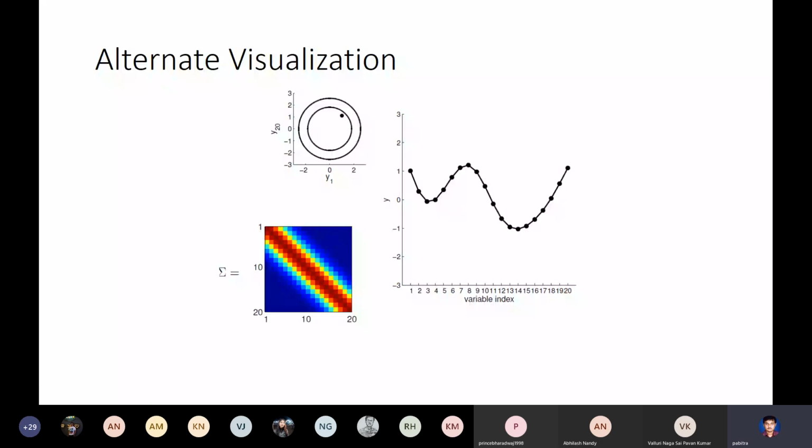Hypothetically, this need not be the real case. Suppose it is like this. So this is a particular case of a covariance matrix. The covariance matrix could have been something else, and the shape of this curve would change. For this particular case, it looks like this. That means locally they are smooth. They vary together. There is no abrupt change between y19 and y20, whereas there is a big change between y2 and y20. That's what this covariance matrix is.